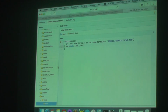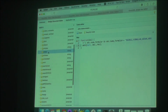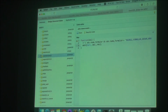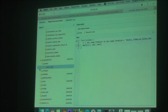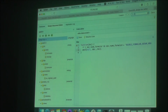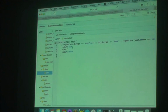Now let's show a filter, because you asked about filters. We have a lot of features in here. Filters. I think in here we have a filter. No views, list views, no filters. Aha, filters. Okay. So a filter is a little bit more complicated in the sense that you have the document